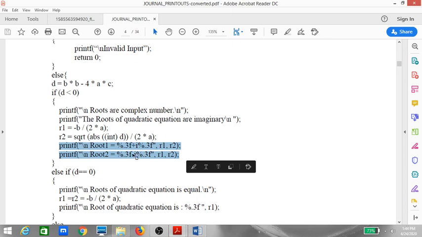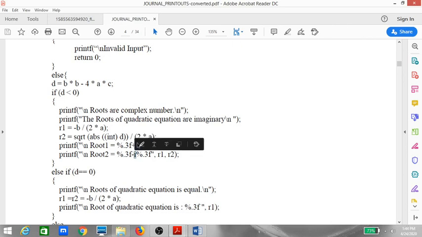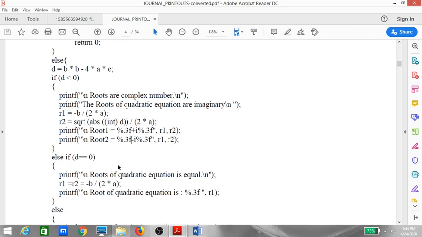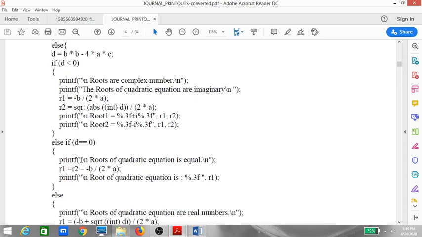So I am printing both the values over here as root 1 and root 2. I hope everybody is understanding the meaning of this. Please do not get confused why this i is added over here. This i is like the imaginary number that we'll be adding to the system. Now, if d value is not less than 0 and if it is equal to 0, the next condition that we'll be giving is else if. This is an if else if ladder that we are using. I hope you all know the if else if ladder, but if you don't, then I'll be telling you how we do it.